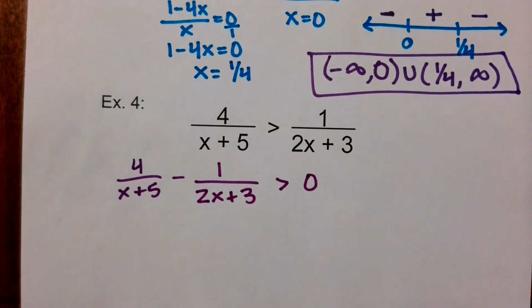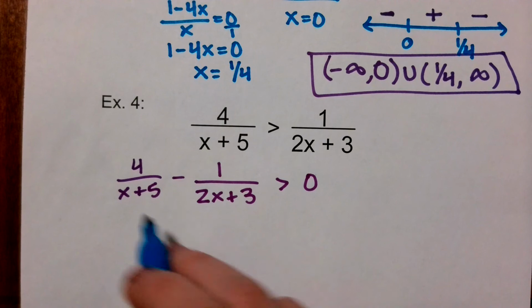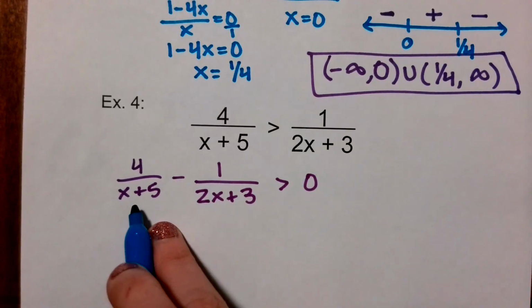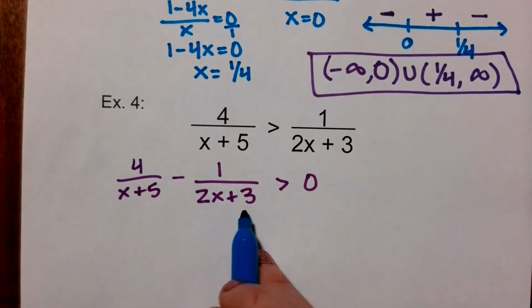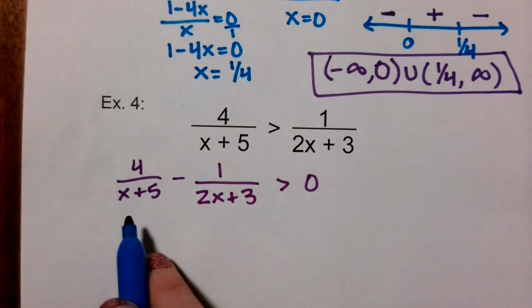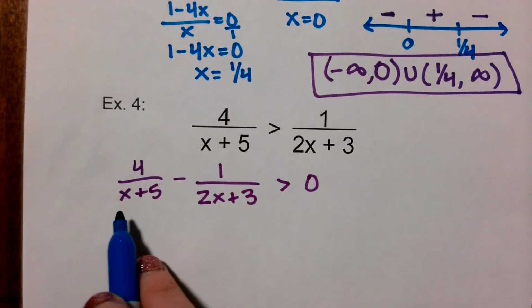And then we do want one rational out of this so that we can see our x-intercepts and vertical asymptotes. So from here, I need a common denominator. They don't have anything in common because I can't factor anything out. And